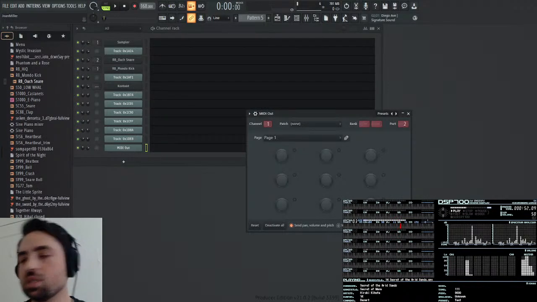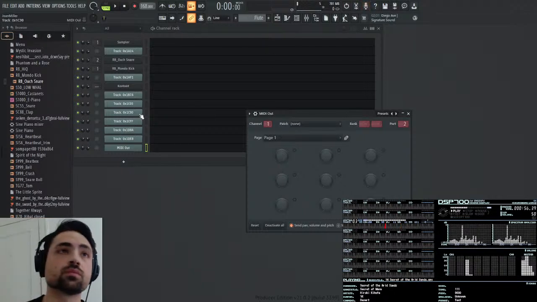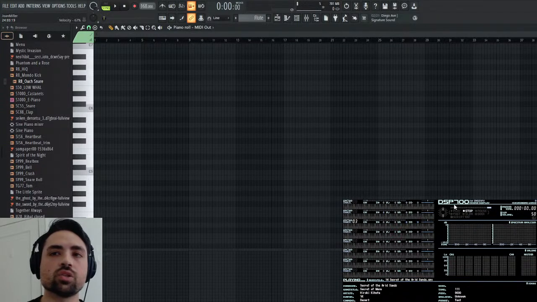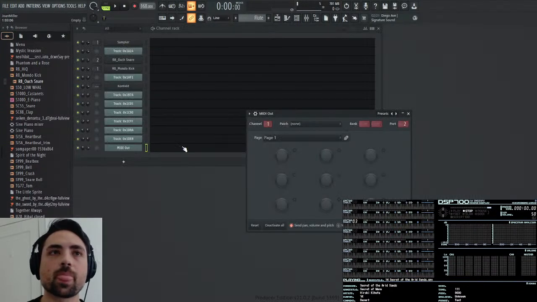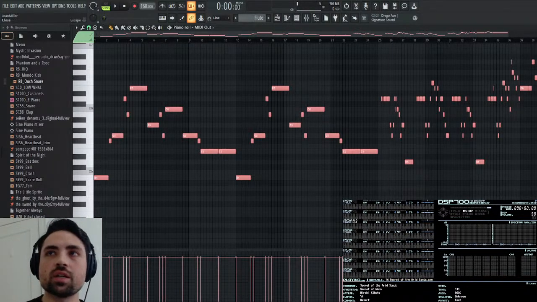Let's find first empty and call this flute. And that's the loop, I do believe. So let's put this into the MIDI out for the TG77.